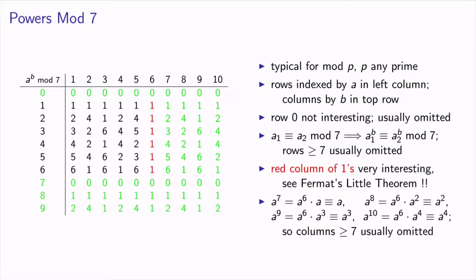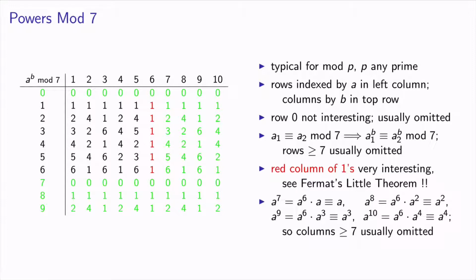And now we see that if we look at, say, the column corresponding to power 7, a to the 7 is a to the 6 times a, and this is congruent to a because a to the 6 is congruent to 1. These entries are all congruent to 1, or they are 1. A raised to the power 8 is a to the 6 times a squared. A to the 6 again is congruent to 1, so a to the 8 is congruent to a squared. Similarly, a to the power 9 is congruent to a cubed,